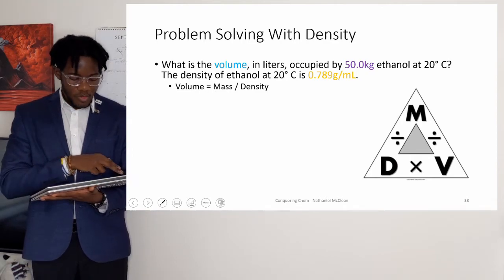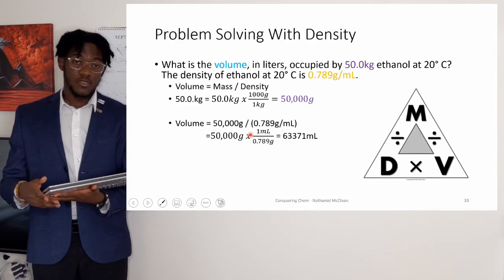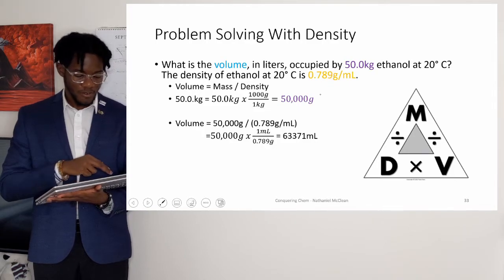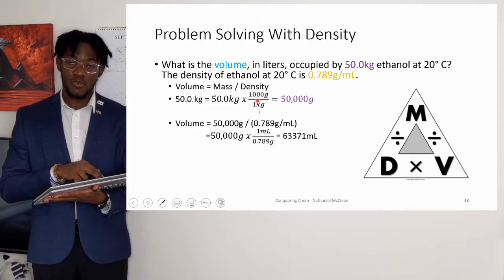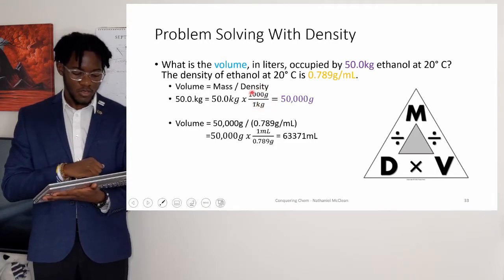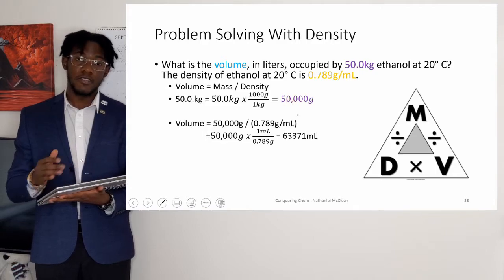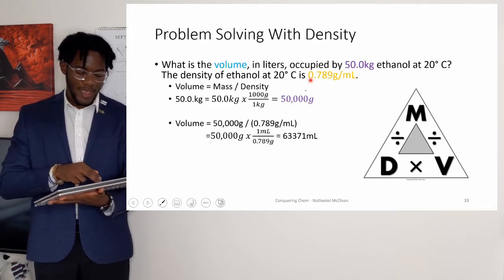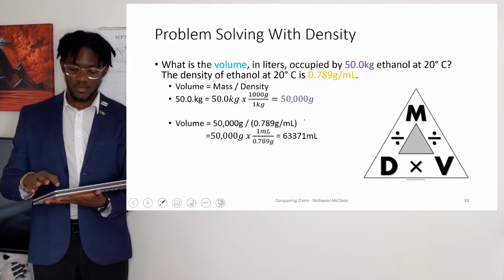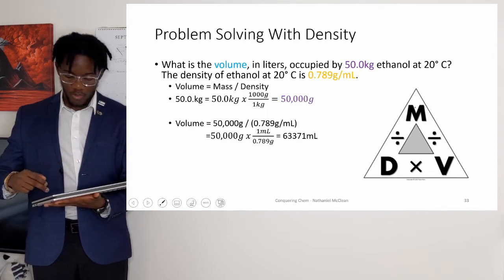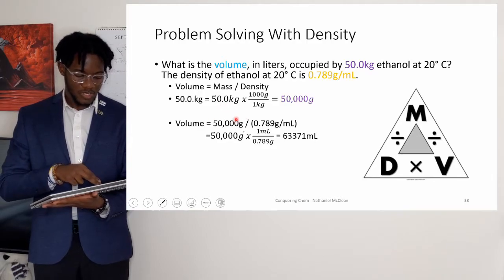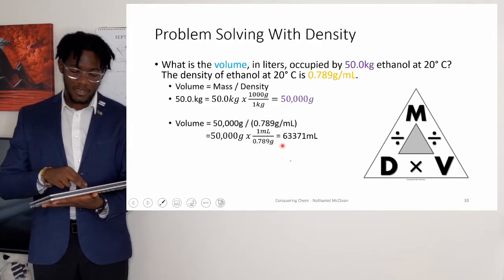And so going on from here, we can simply do the conversion using dimensional analysis. We know that we want an answer in grams, so we convert our kilograms to grams using our conversion factor. 1,000 grams is equal to 1 kilogram, so 1,000 over 1, giving us our 50,000 grams in the end. And now that we have our mass in grams, we can then use our density triangle over here, trying to find the volume. We know that volume is equal to mass divided by density. So we have our mass, we divide it by our density, and we have our final answer right here,